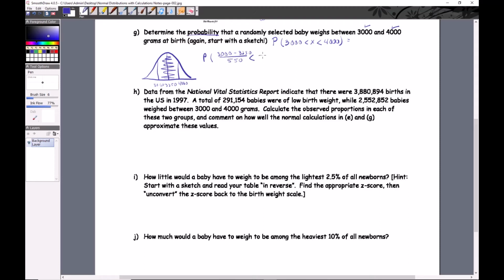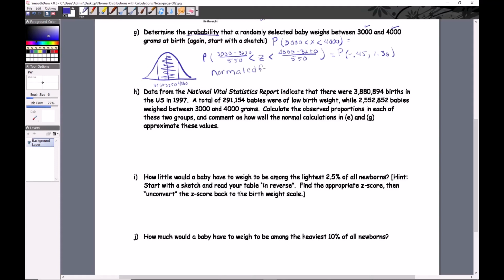That'll be less than whatever z is, which will be less than 4,000 minus 3250 divided by 550. Now both of those should shrink down to single numbers. So the left side is negative 0.45, and the right side is 1.36. So there are no infinities, be they positive or negative, that are involved here, because these tails aren't part of your shaded region. So when you go to do Normalcdf,